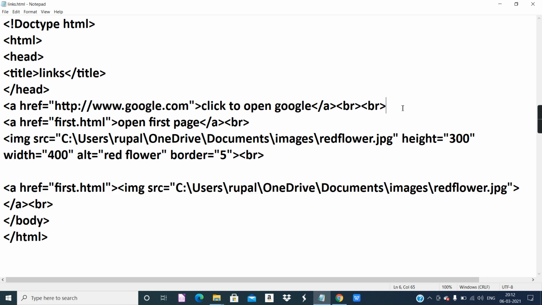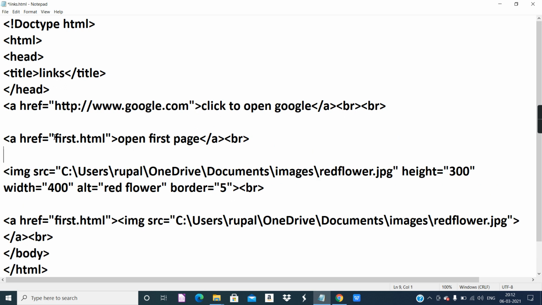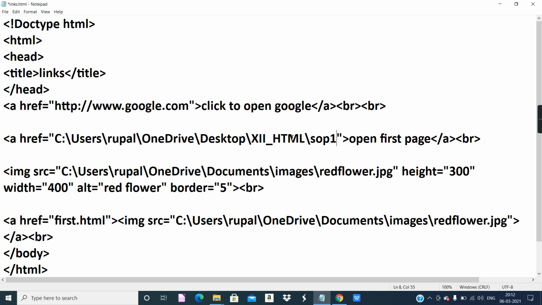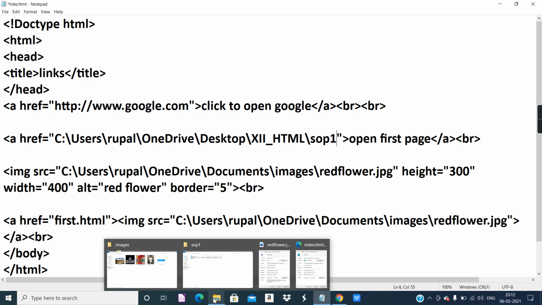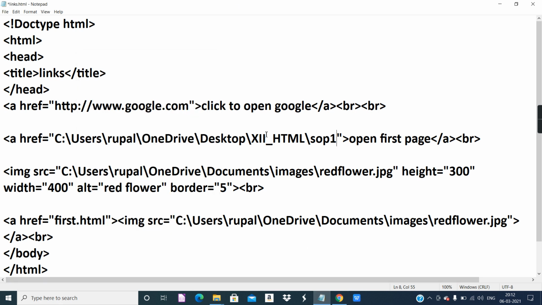Let me try here. Here, let me try to edit this. So first of all, if the HTML file which you want to link is in some other folder, you have to provide the location. So first of all, copy the location, and the next step is to copy the file name, that is index.html, copy. Okay, see the extension is available in the second detail.html also. So put a matching backslash, paste it. Okay, now I'll change the text to index.